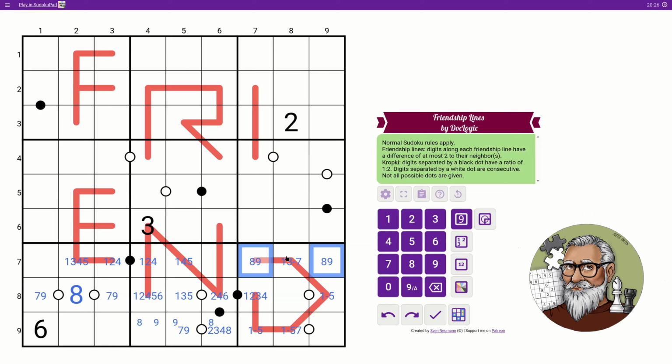Right, so now we know more about this one. Well, this is 6 or 7. 6 or 7, that helps, because now we can work backwards. This is 4, 5, or 6. And this one is, well,